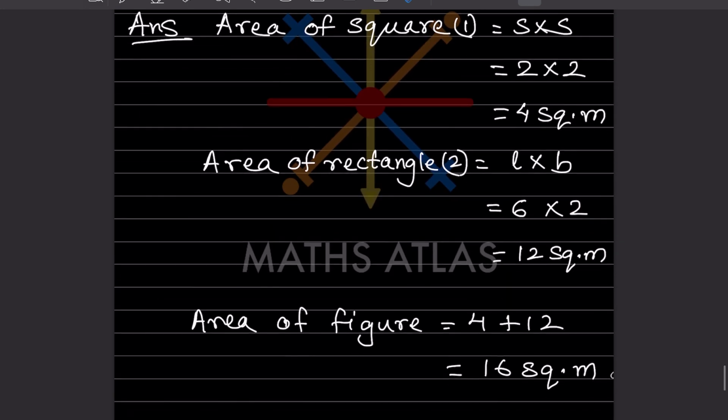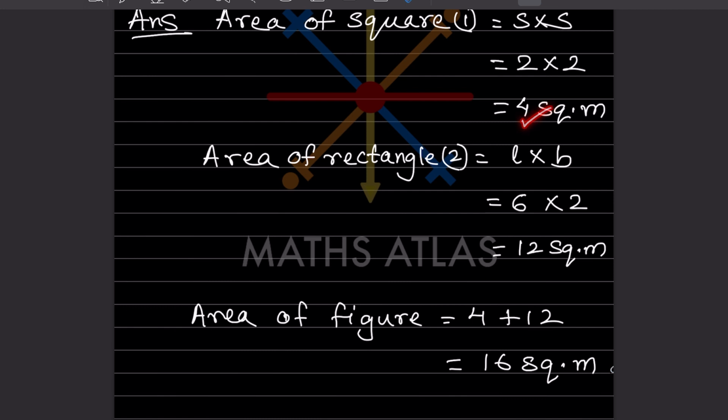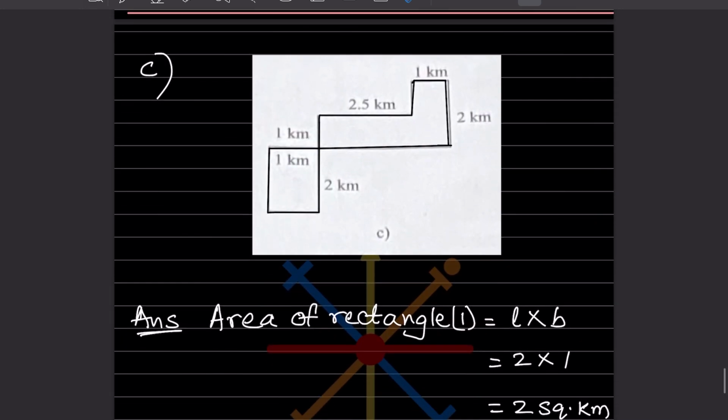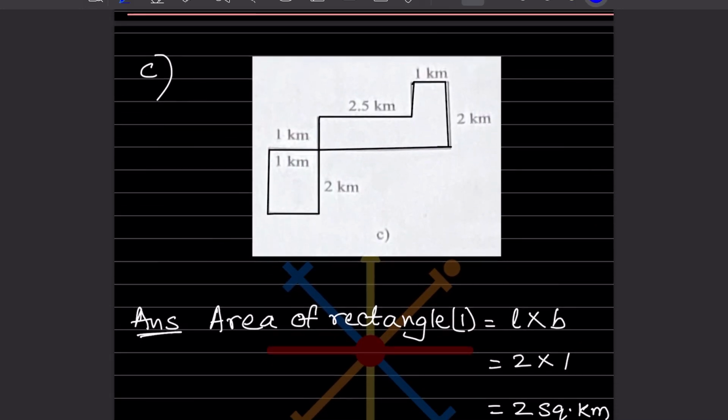So we want the area of figure. So area of figure means you are going to add this plus this. That is going to be 16 square meter. So the next one here, now look at here, we can make it into